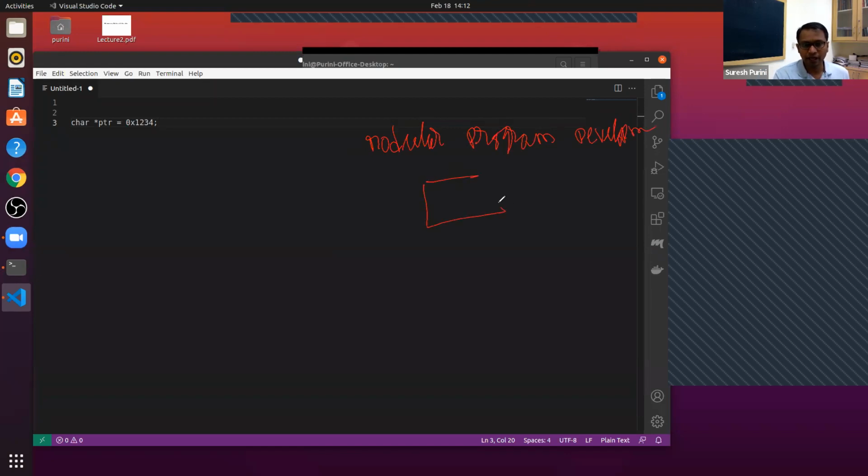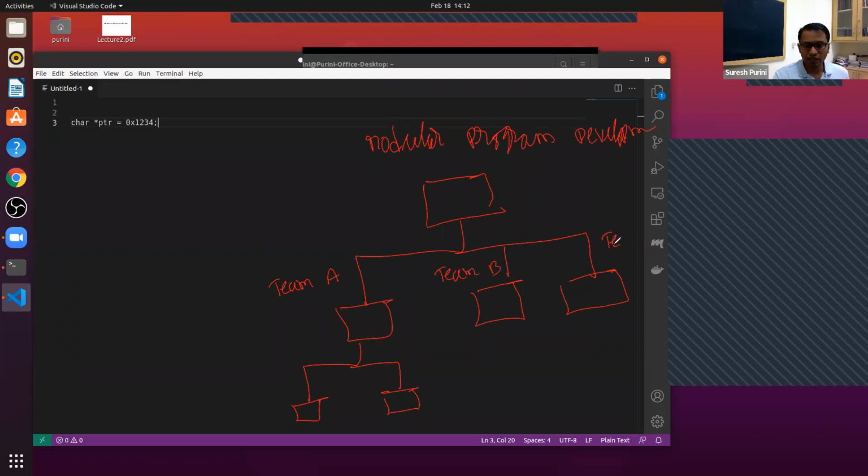There is a big task that we have to do. We divide it into subtasks, maybe three tasks, and each of the tasks is again subdivided into multiple tasks. So team A may work on this task, team B on this task, and team C on this task.